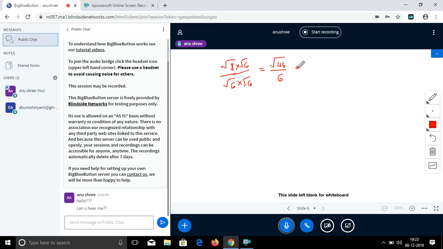If we simplify this root, you tell me what root 48 is. It's 4 square root 3. Yes, it's 4 root 3